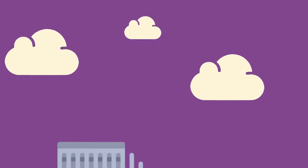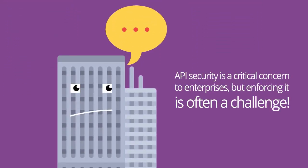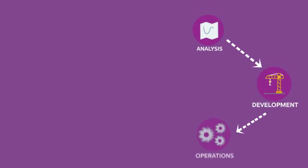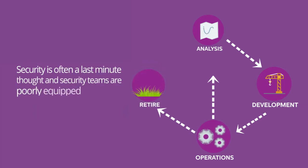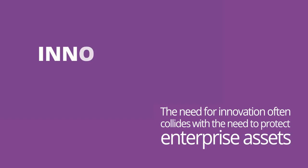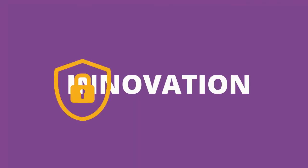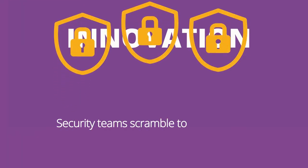API security is a critical concern to enterprises, but enforcing API security is often a challenge. Security needs to be an integral part of the API lifecycle, but it is often a last-minute thought, where developers throw the API over the fence to security teams which are poorly equipped to test the API vulnerabilities. The need for innovation often collides with the need to protect enterprise assets. While innovation calls for openness and easy access to data and processes, security teams scramble to keep the fuzzy borders